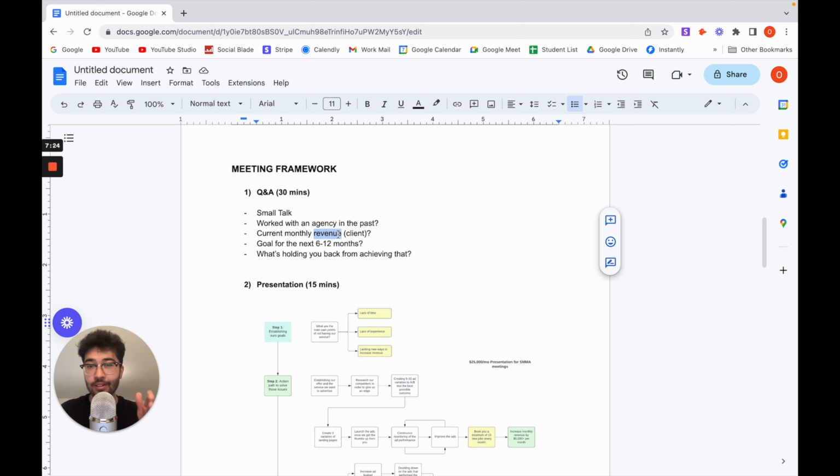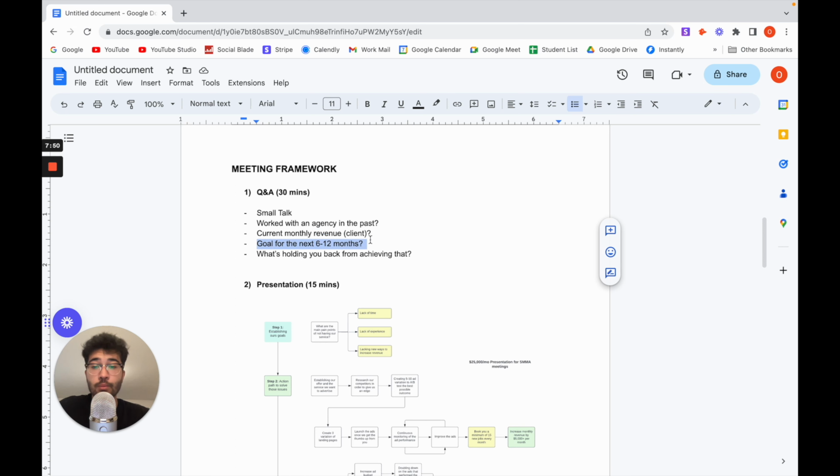So instead of directly asking for the revenue, which is a question that not everyone is open to answering, if you ask, how many clients are you doing per month? They might say 10. All right, perfect. And on average, how much is a job typically worth? 1,000. Okay, perfect. I know they're making $10,000 per month. So you can play around and ask 2 questions and get the answer to the actual question that we want.